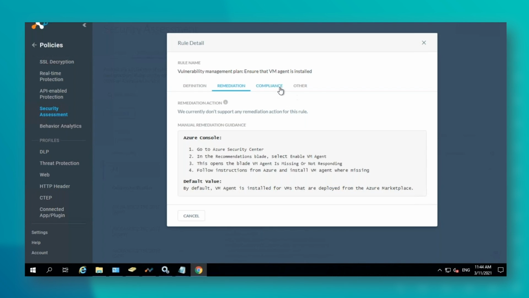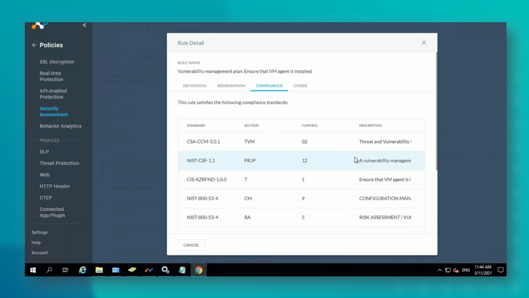And then we've got each of the standards. We can see here we've got NIST 800, which particular policy, which control does this relate to?